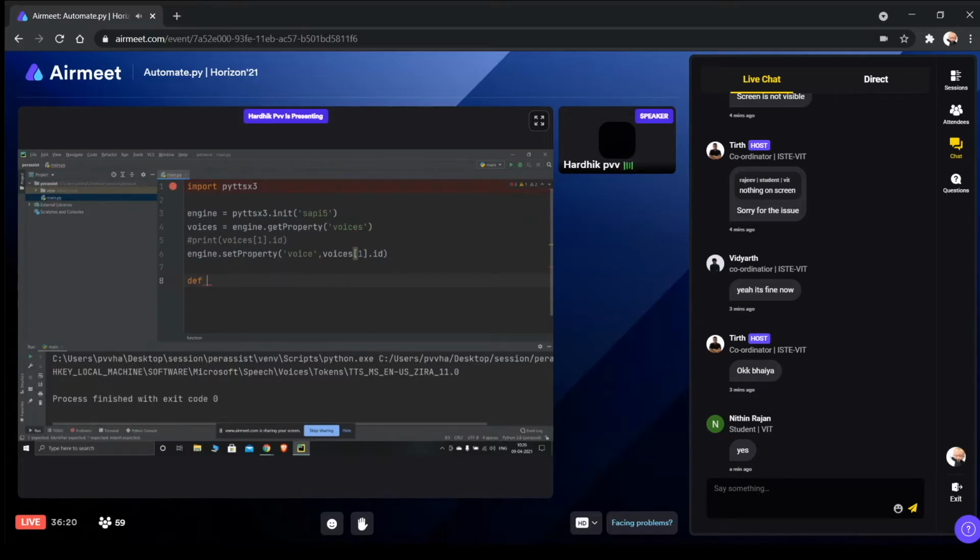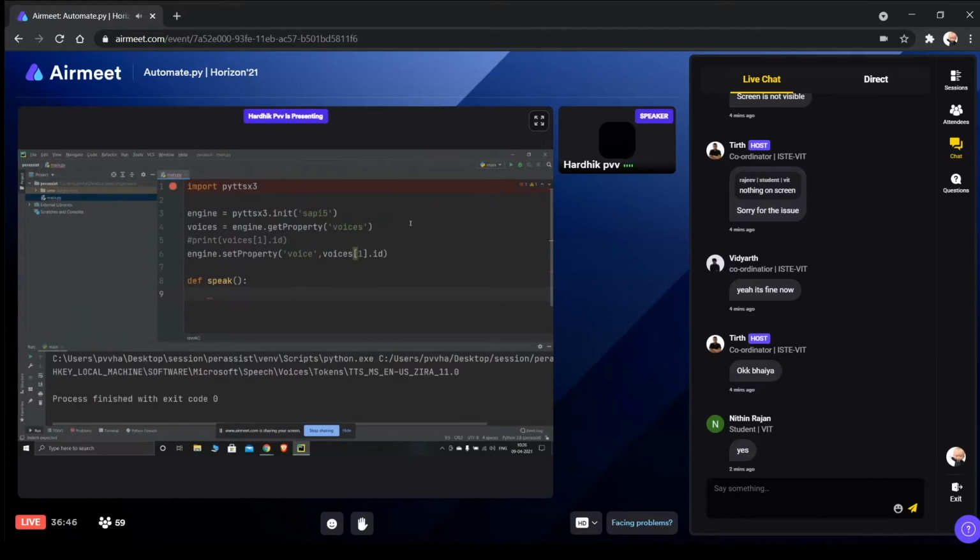So now I will define a function called speak. Whenever I run this function, it makes my voice assistant speak whatever line I type or give it. So the function speak runs this way.